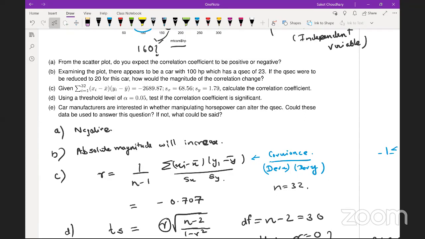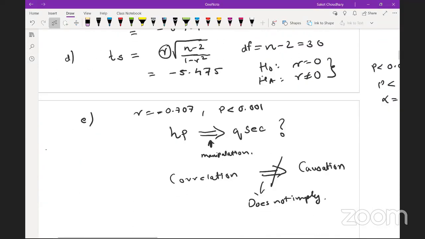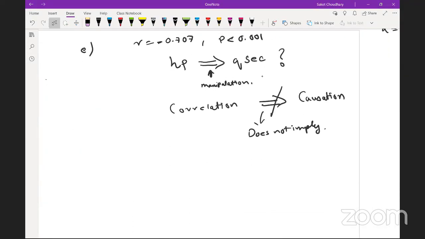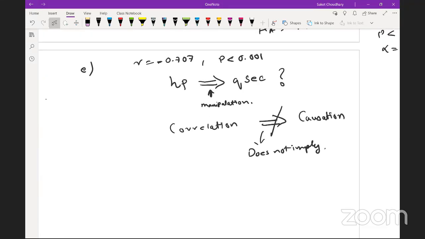Okay, how do we prove causation? So that's a complete science in itself, and it's currently under very active research. How do you prove causation? So it's probably not part of the course, but let me just give you an intuition as to how you would do that. So one way to test for causation, let me write this in a different color,